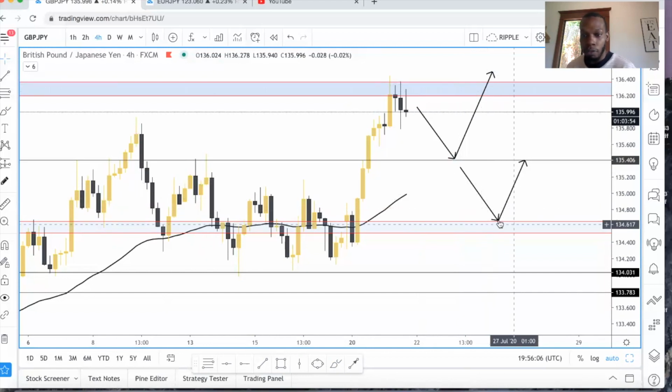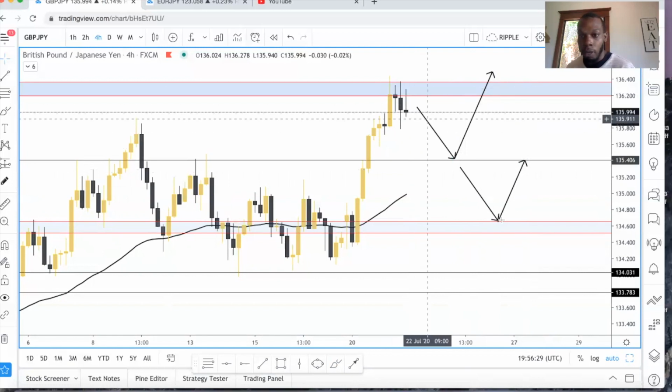towards 134.50. If it does that and it holds, then you're going to see the market push back up to the upside. If it comes down and it pushes back up, you would need the market to break back above this level in order for the overall bulls to have full momentum. If the market pushes down here and it just pushes up here, the bulls still don't have full control. It's just they needed to come in because the market just dropped all the way down here, if that